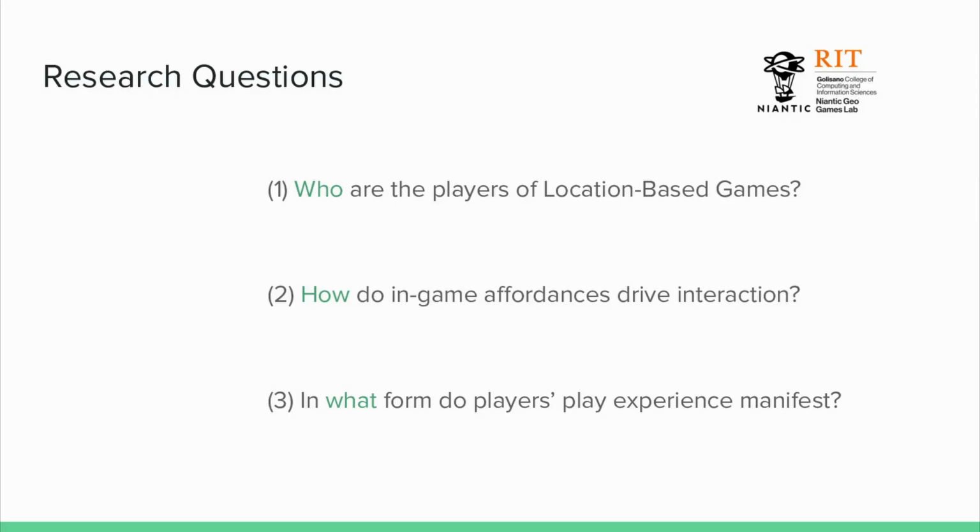To begin, let's cover a brief overview, research questions, methods, things along those lines. So when I entered this, I used an iterative model to define my research questions because location-based games are a frequently changing space. They're games as services, so they're almost constantly changing. The Pokemon Go that I started studying is different from the Pokemon Go that exists today, and next month it will probably be a different experience as well. So as a result, I had to use an iterative model with some broader research questions to circle the wagons, so to speak.